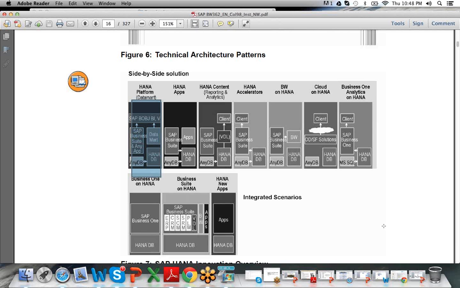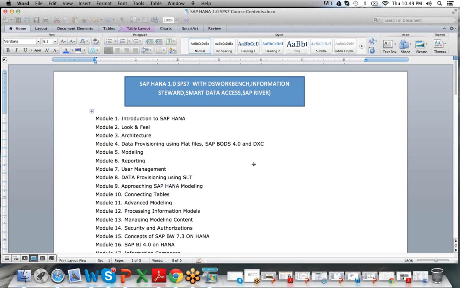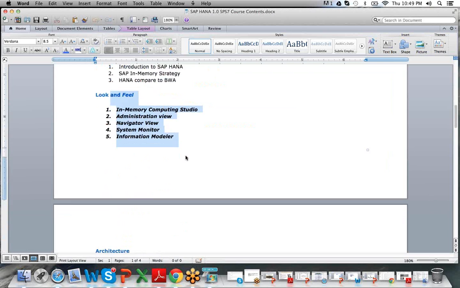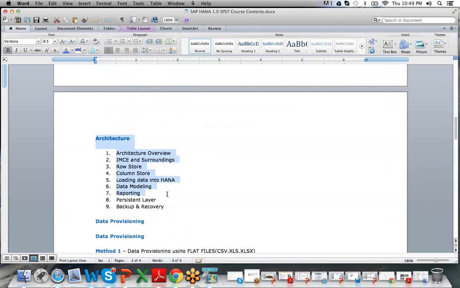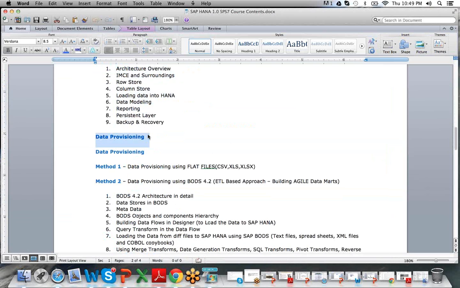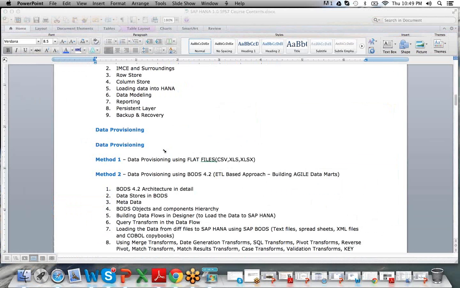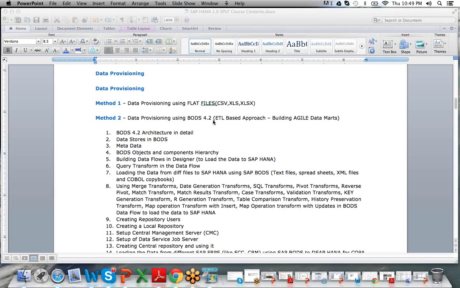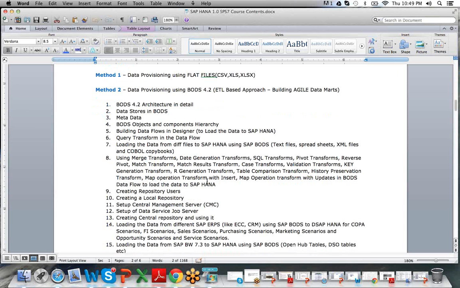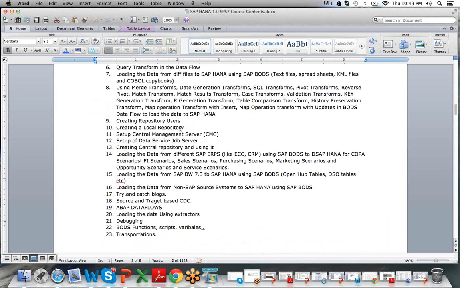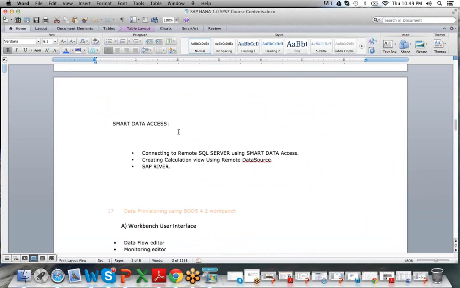So this is SAP HANA general, means the SAP HANA data mart course. See, first introduction, look and feel of SAP HANA Studio, SAP HANA architecture. First we'll start with data provisioning. So whenever a client is using SAP HANA as a data mart, there are 3 stages in the project. So data provisioning. So we'll learn data provisioning using flat files, data provisioning using Business Objects Data Services 4.2 in detail, see architecture, how to use different types of transforms, how to write the scripts, everything. Then SLT,